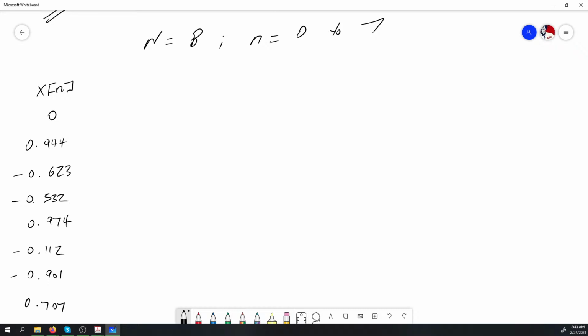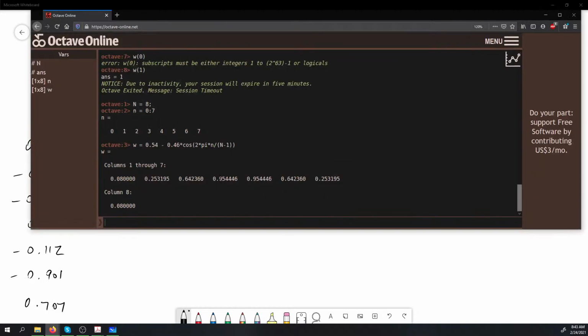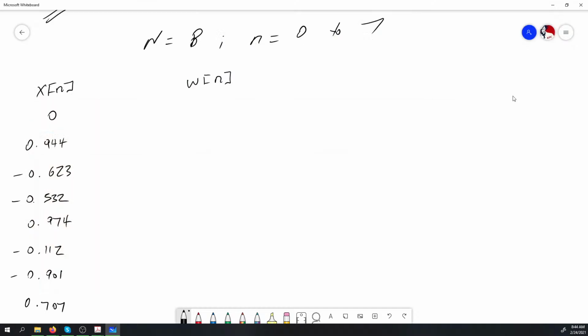and 0.707. And now I'm going to list out my window values here that I just calculated from Octave. I'm going to list out each one of these values. I'm going to be rounding these to 3 or 4 decimal places. For my solutions here, I've rounded them to 4 decimal places because the calculations have not been completed as yet. All right, so the first value that we had for our window function was 0.08,